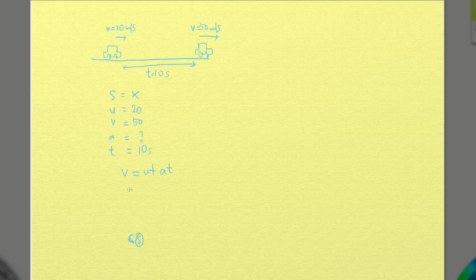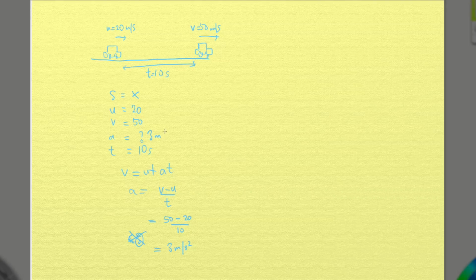And then I can rearrange this to find that acceleration is, of course, the change in velocity over time, which would be 50 minus 20 over 10, which gives me 3 meters per second squared. Right? So, sorry, that's not supposed to be there. And then once we get this,